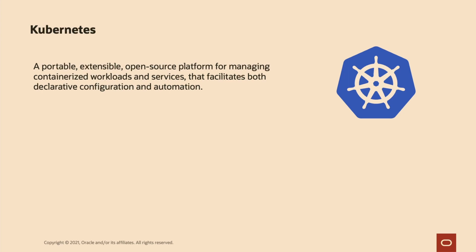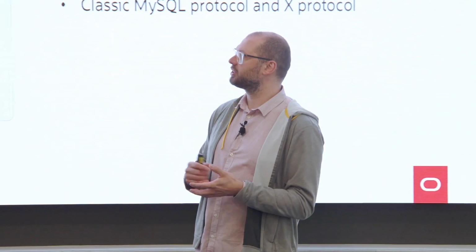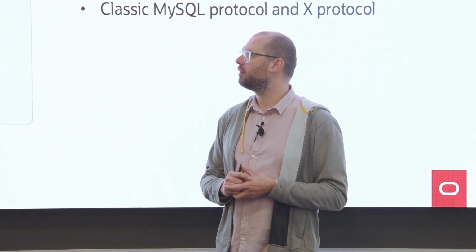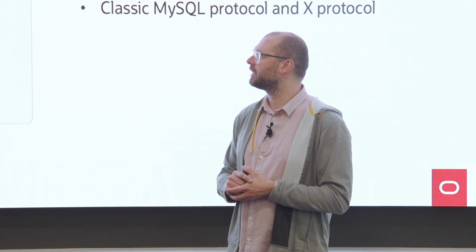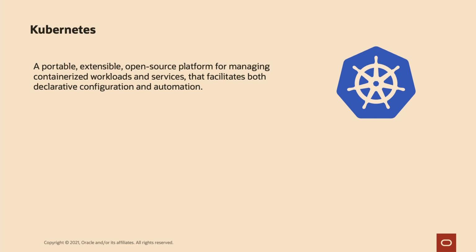Now, if we talk about Kubernetes, I'm trying to make a correlation between the two, because with MySQL InnoDB cluster and Shell, everything is built around making things easy to configure. It's really simple. It's all fully integrated. We have a lot of customers using MySQL InnoDB cluster, large and small, wide deployments. It really makes it easy. And I think with Kubernetes, the goal is also to provide a platform to configure and automate services. I wouldn't say that MySQL InnoDB cluster is exactly the same, but Kubernetes tries to